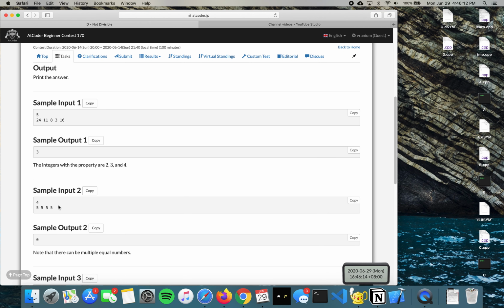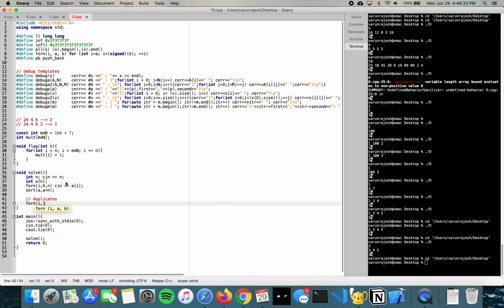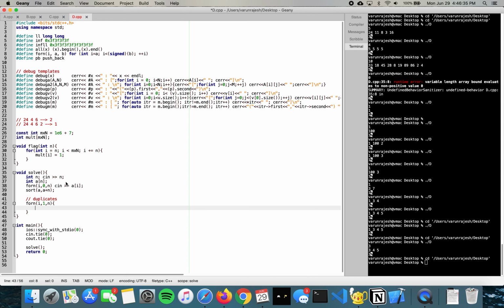But looking here, there is one edge case. What if we have more than one of the same number in the list? Because 5 can of course divide into 5. So we handle them on their own. To handle these duplicates, we iterate through our list and see if the value is equivalent to the previous value, and since it's sorted, it would mean that they're the same number. Then we would